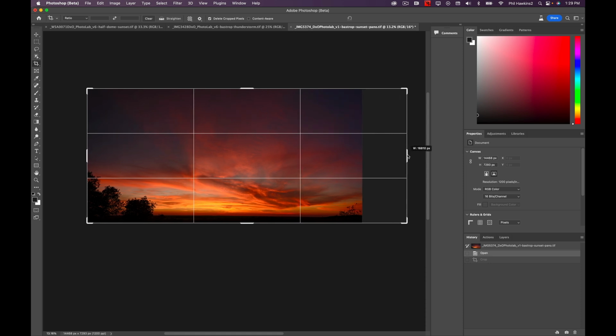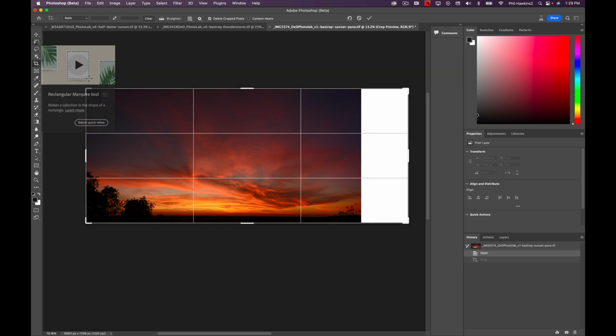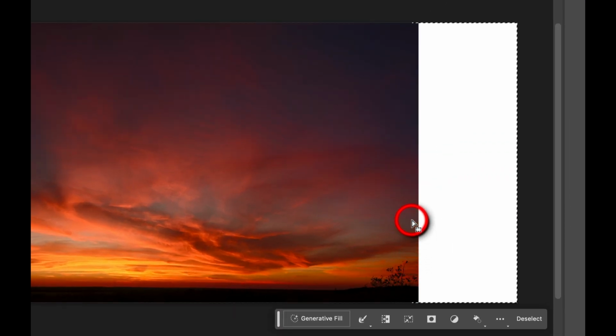There's no rhyme or reason for measuring this. You can do it on the fly, and it worked perfect. Now we go get the rectangular marquee tool and come over and create a selection just like that, and be sure that you understand that you're going to overlap this a little bit. It doesn't show right here in this recording, but you want to overlap the image ever so slightly,